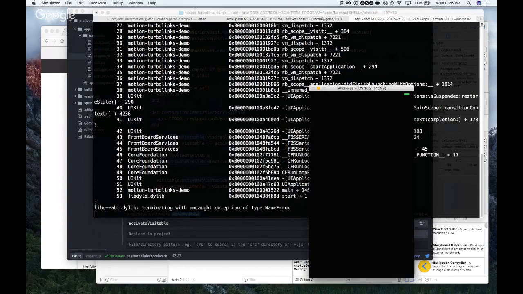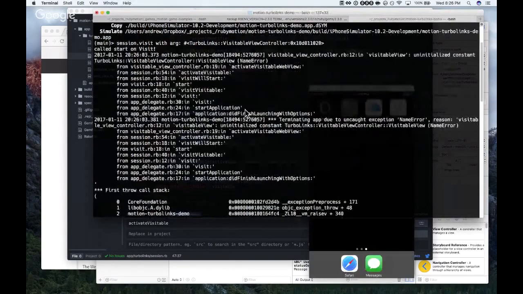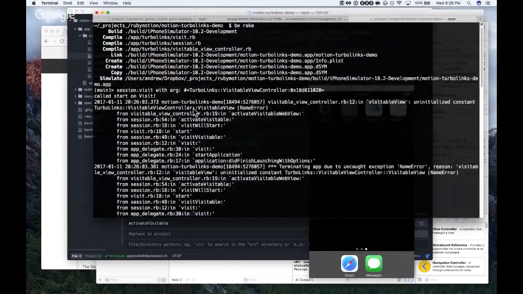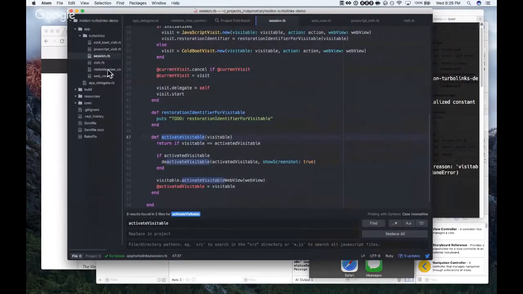All right. What do we get now? Visitable view. We haven't implemented visitable view yet. Okay, visitable view, new file.